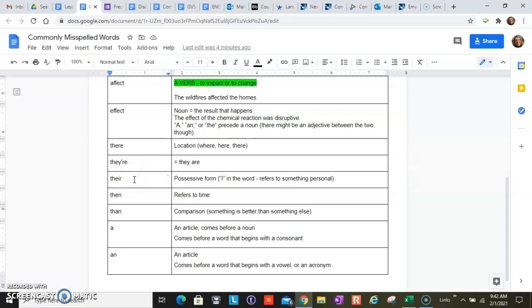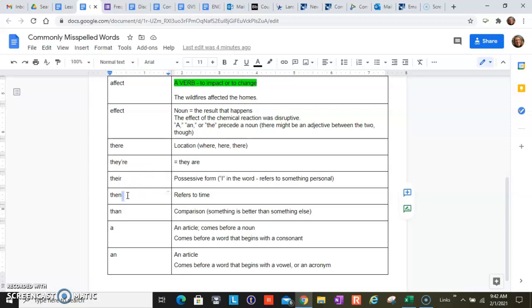So here we have there, and I think this is just getting kind of lazy because this there is easy. A lot of times I see this there and that there mixed up. Some people get a little lazy. And if you notice, there's an I in there, and that means a little more personal. Like I means personal. So there's that I in the word, and it refers to something personal, like their books or their bird. I'm being silly. Their school. So it's pertaining to somebody.